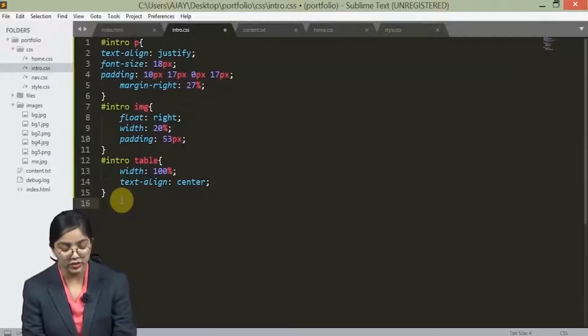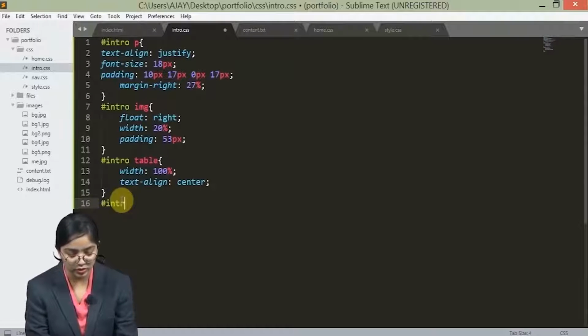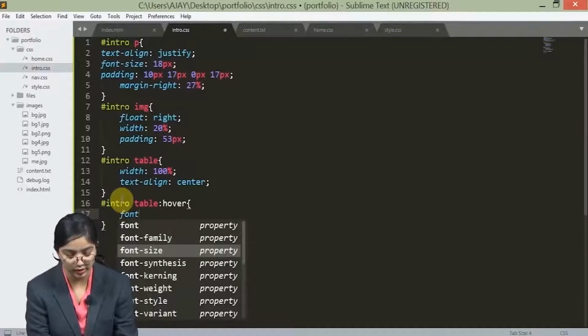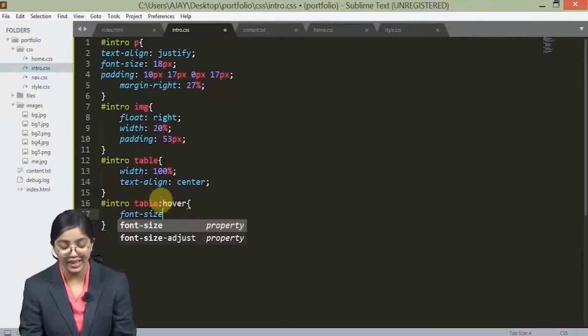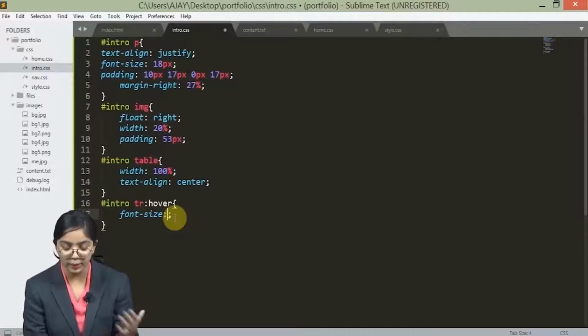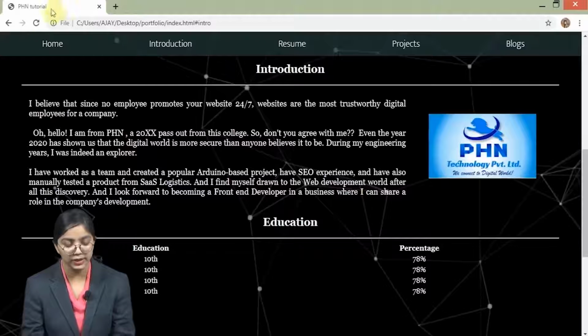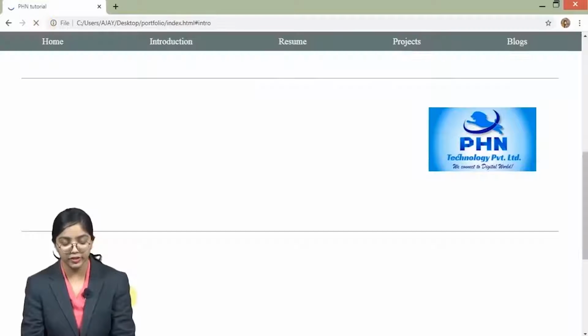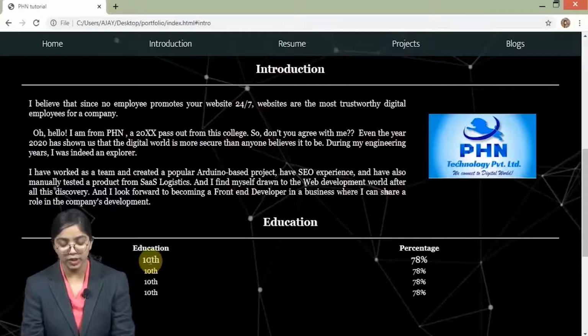And how are they declared? So let's just take hover only. Okay, I'm going into table and I'm selecting hover. Now let's just say that I want to change the font size as soon as you hover on that. Now what am I doing here? I'm doing it for table, right? But what do I want to do for? I should be doing it for tr, right? The row should be highlighted. So the font size of that particular row should increase. So let's just see what we can do here. So let me refresh it first. So you can see whichever row I am hovering on, the size of that particular row is increasing.